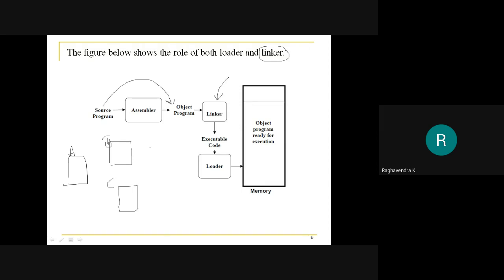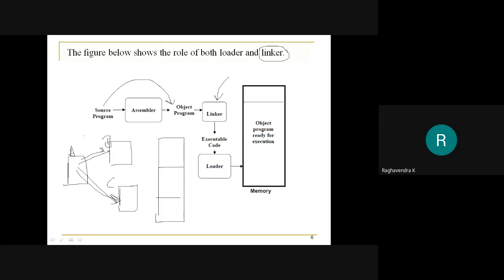the linker would associate program A with program B or program C. One way to do that would be to combine all the programs into a single program. This is also a way of linking. Otherwise, it can be resolving the references between the programs that are being referred.